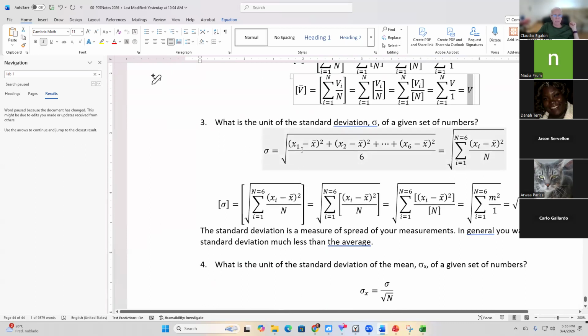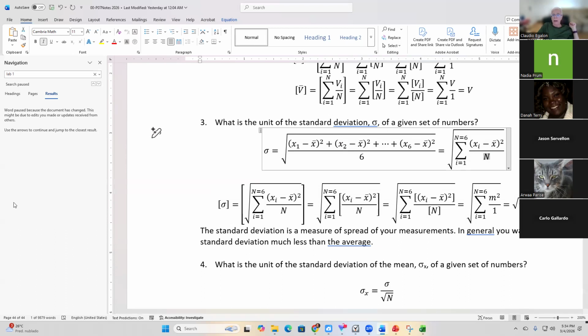It is the x1 value minus the average squared, summed with the x2 value minus the average squared, and so on, divided by what? Divided by the number of data points. That's the equation for the standard deviation here. And we still have the square root. Again, I want you to do the dimensional analysis of the unit to get the unit of the